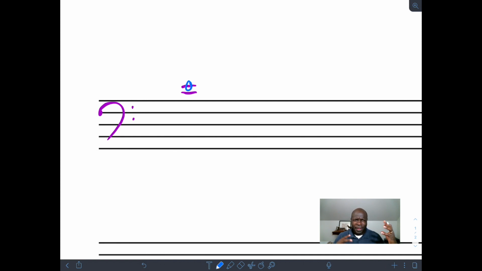Okay, and so hopefully that gives you an understanding of what ledger lines are for, right? They're not invented staff lines. They're not lines that just come up out of nowhere. They've been there theoretically the whole time, but we just don't see them all the time because we just want to keep ourselves oriented within the area of one clef. So that's kind of how that works.